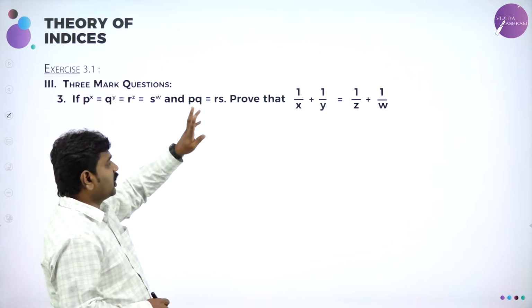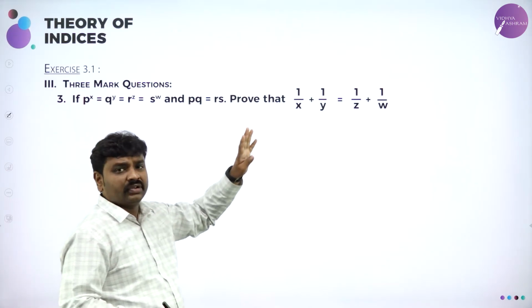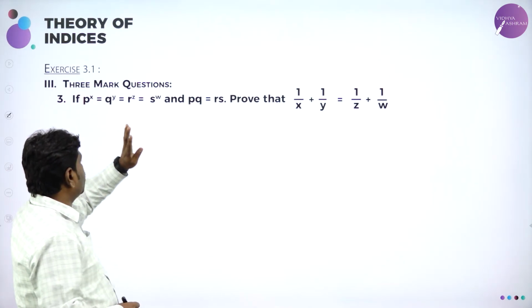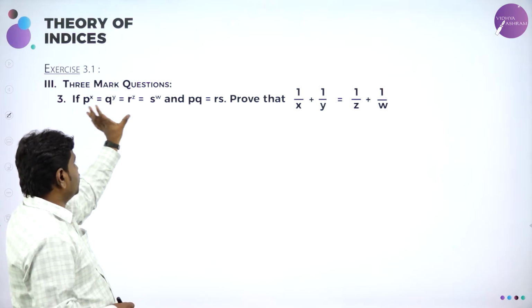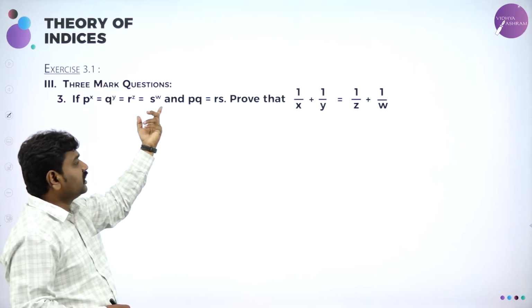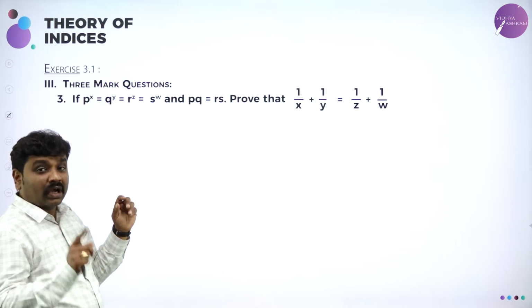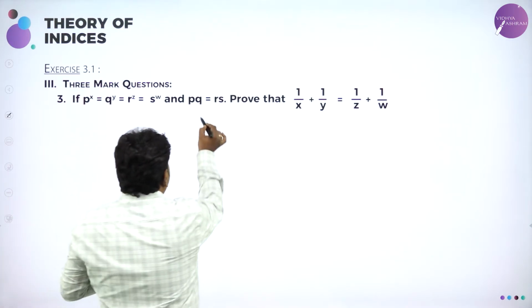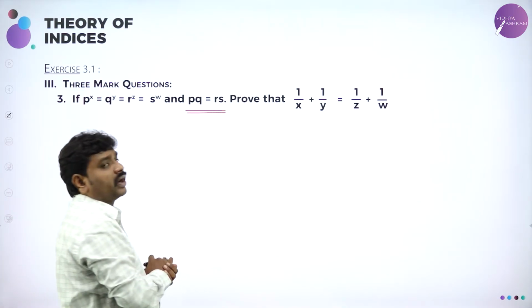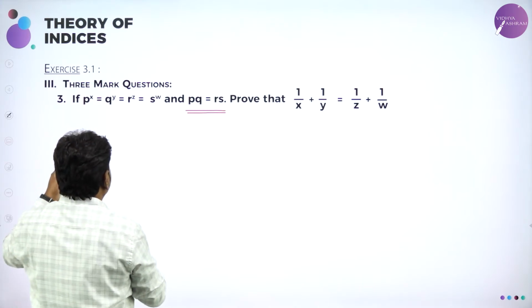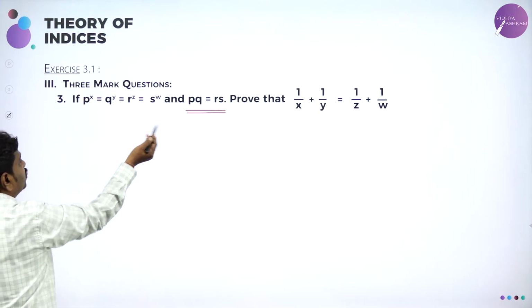Here p^q equal to r^s they gave. They wanted to prove this. Again, they gave the condition, so convert everything in terms of one variable. Always try to make the bases same. Take the given condition and go ahead. So now first p^q is there, get q in terms of p.